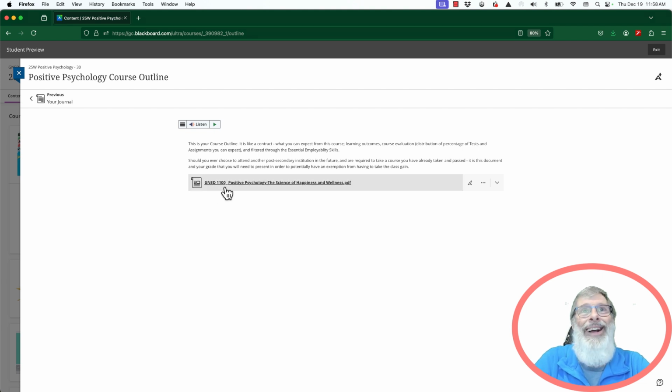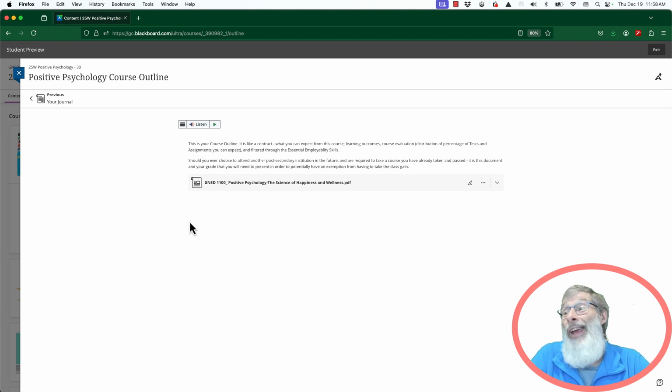But you need this document. This is kind of like our contract. It says how many hours we had class, what content we covered, and what kind of breakdown of grading we did. The other school can compare with their course and see if it is equivalent. If so, then you get an exemption.